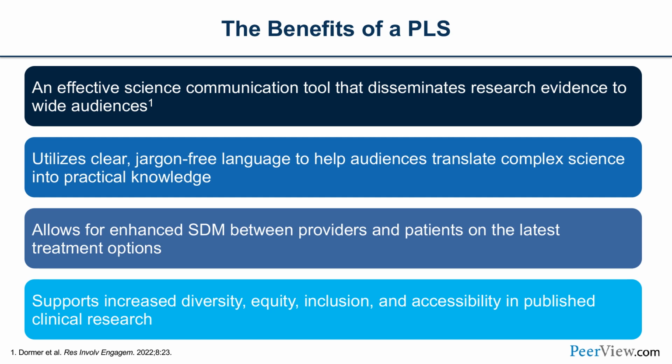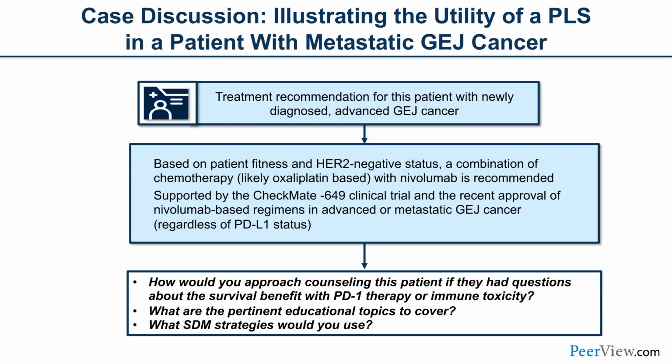And that's critical, because what we find is that we work so hard to make research advances, but these research advances have less impact unless the general and diverse patient population has access to them. So equity, inclusion, and accessibility is really the goal of these tools, and really has been shown in subsequent research to help access and translate this cutting-edge research to the general public. So it's very important. Let's go back to our patient, and I'll help illustrate how I would use these tools